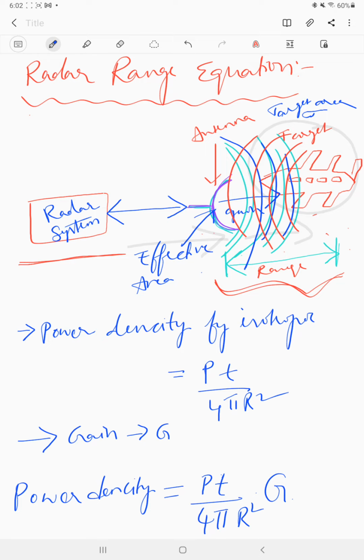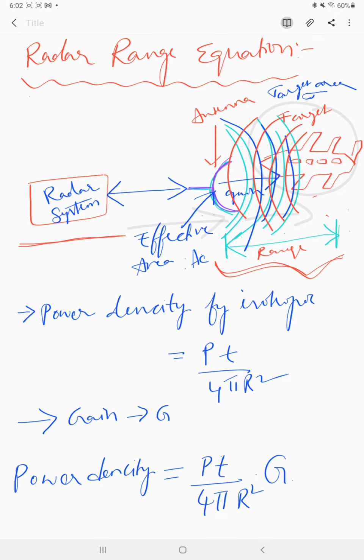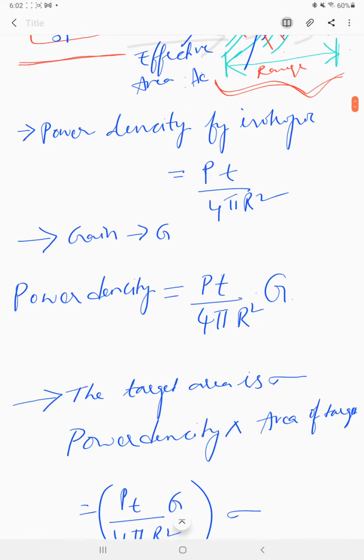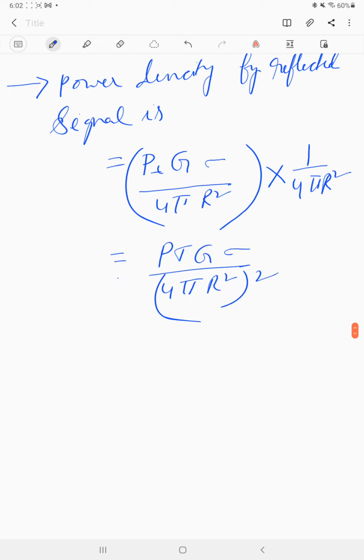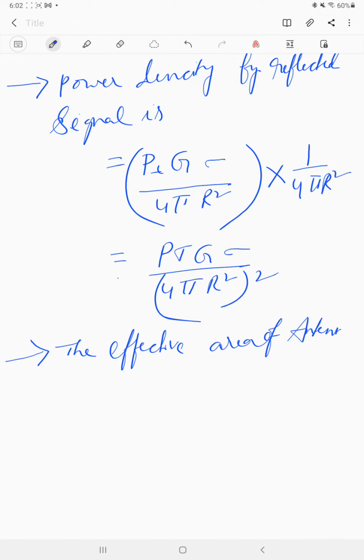Effective area of the receiving antenna, that is AE. Again here, this antenna is the receiving antenna, isn't it? So the effective area of this receiving antenna is AE. Then, with the effective area of the antenna AE, the received power is